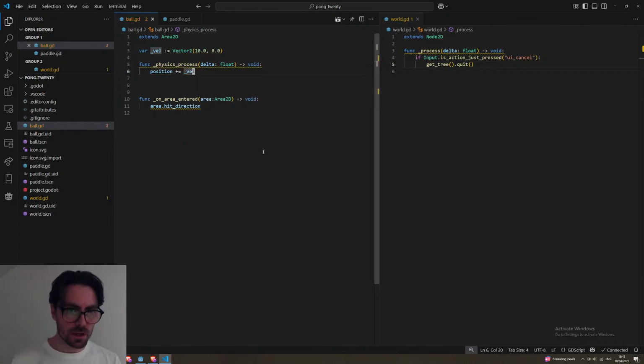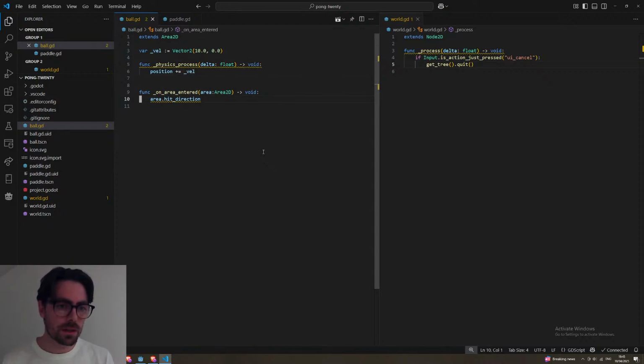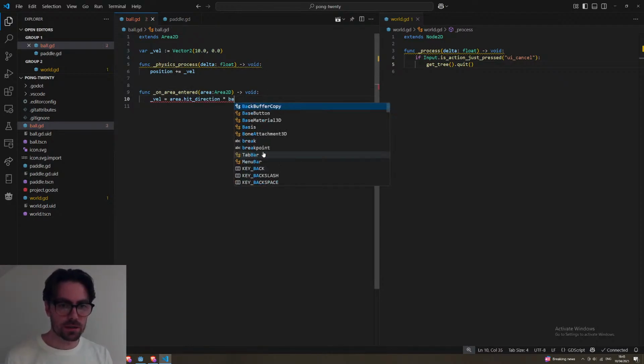So we just update the velocity, we hold the velocity, and we update the position with the velocity, and then the hit direction times some sort of speed